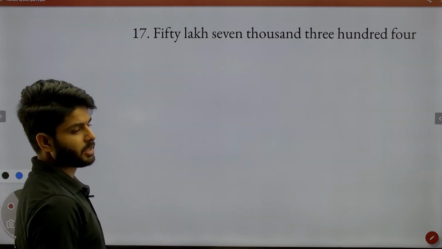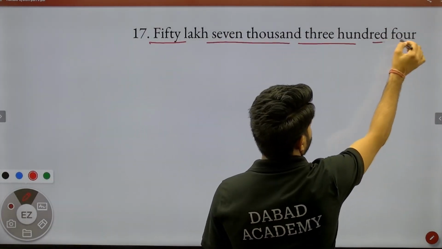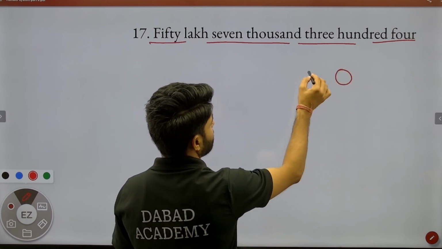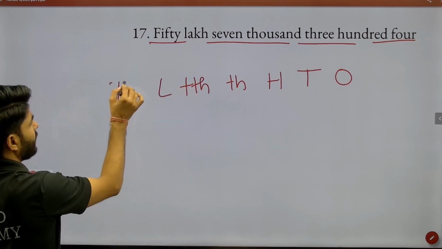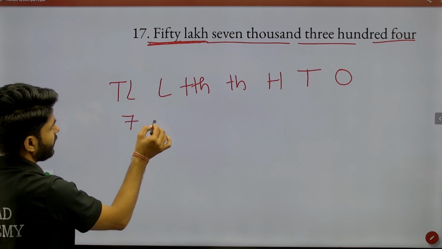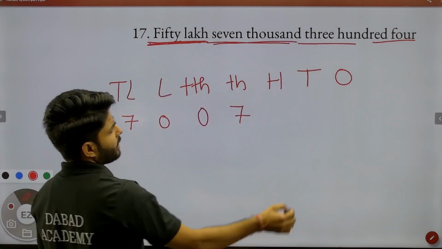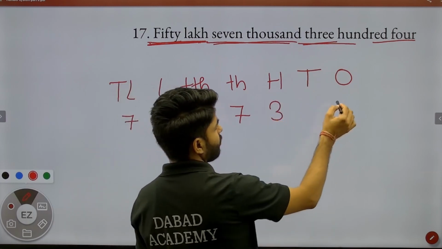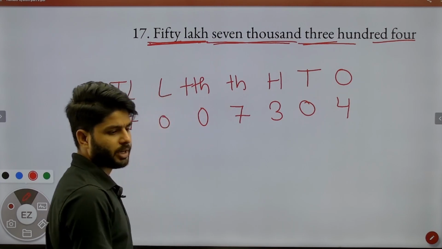This is the numeral form according to the Indian number system of 70 crore 1,05,043. Here is the next question, 50,07,304. So we can simply write the Indian place value chart, that is ones, tens, hundreds, thousands, ten thousands, lakh and ten lakh. So that is 50 lakh. So we write 50 under the value of lakh. 7,000, we write it under the thousands, that is 300. So we have to write 3 under the place value of hundreds, and 4. So we write it here 4. There is no value for tens, so we have to write 0 here.